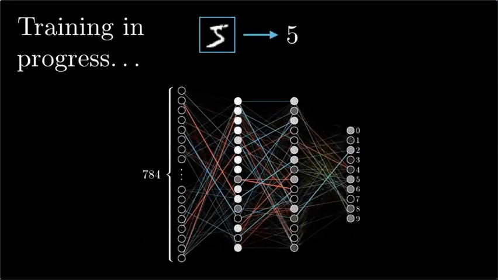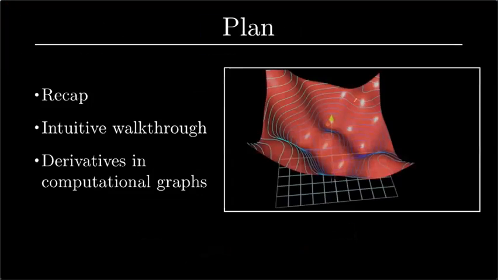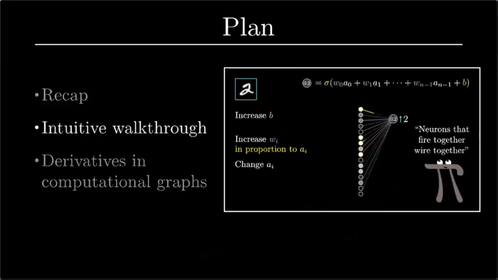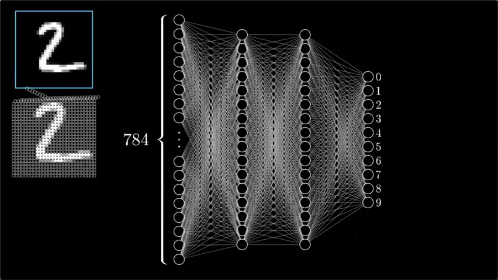Here, we tackle backpropagation, the core algorithm behind how neural networks learn. After a quick recap of where we are, the first thing I'll do is an intuitive walkthrough of what the algorithm is actually doing, without any reference to the formulas. Then, for those of you who do want to dive into the math, the next video goes into the calculus underlying all this. If you watched the last two videos, or if you're just jumping in with the appropriate background,